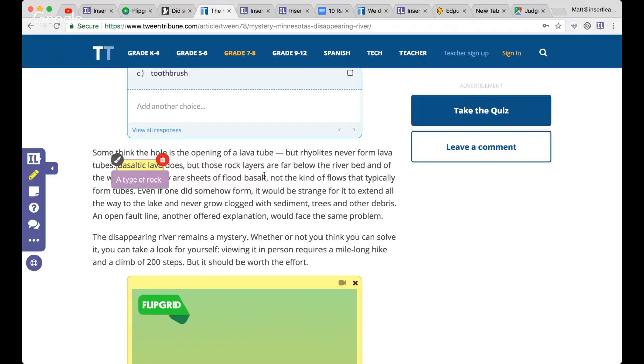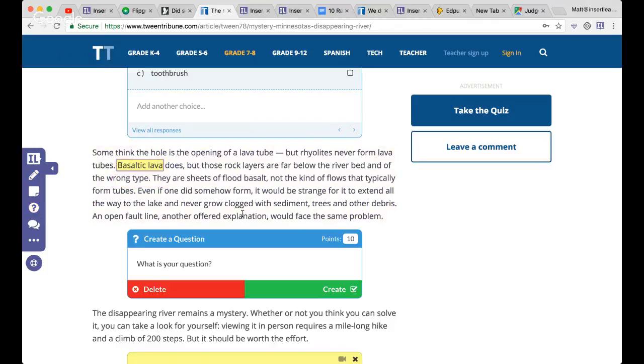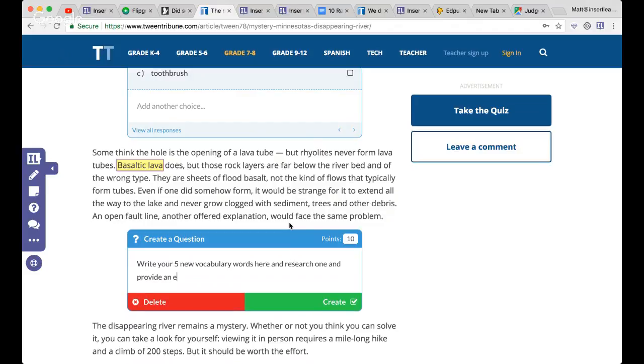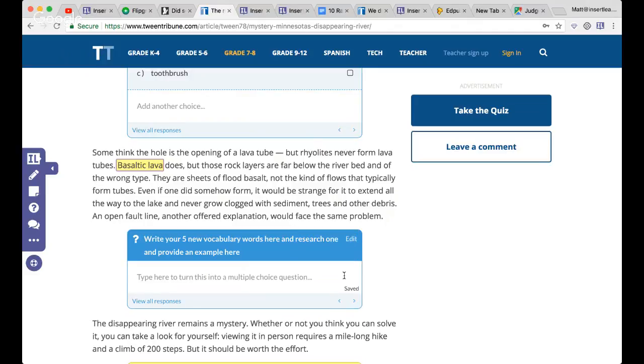You can also ask students to do the same thing. So if they're going through, my instructions here ask them to go through and highlight different words that they're not familiar with. And then those are going to be the vocabulary words. We could follow this up with a question at the end, so write your 5 new vocabulary words, and research 1 and provide an example here. Now, seeing those responses, like their highlights that they've done,